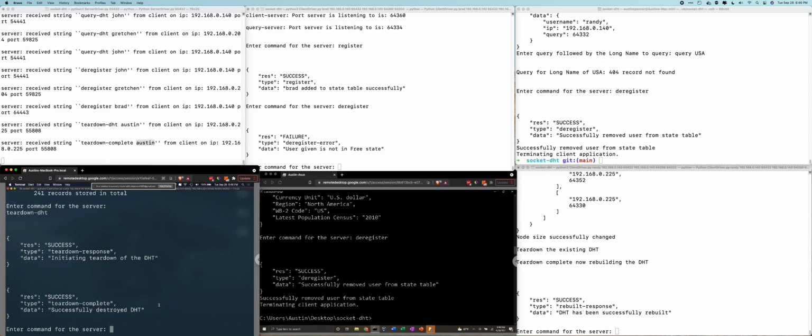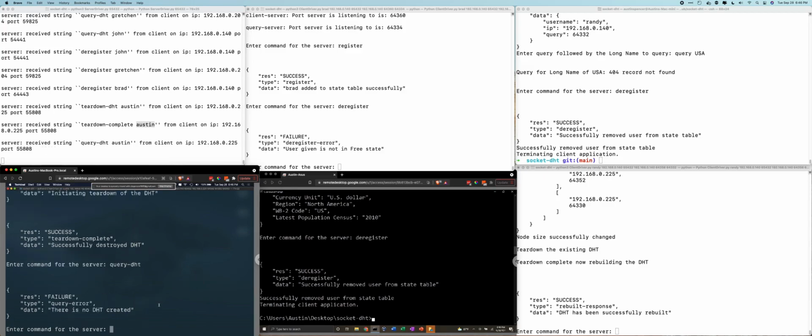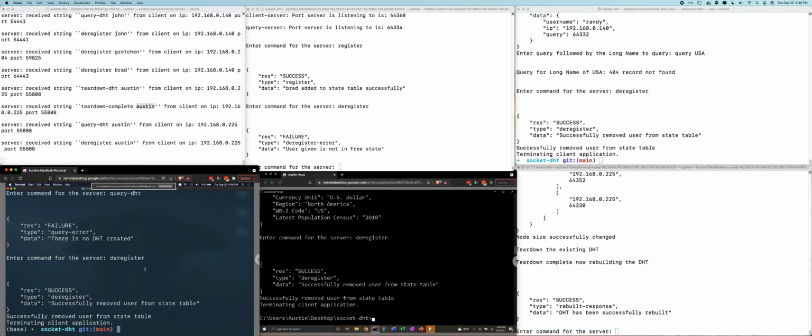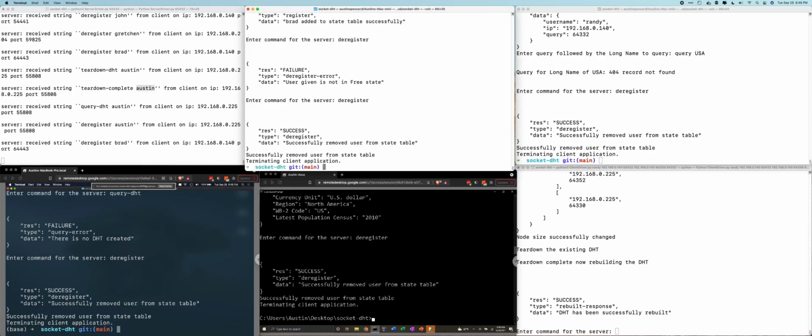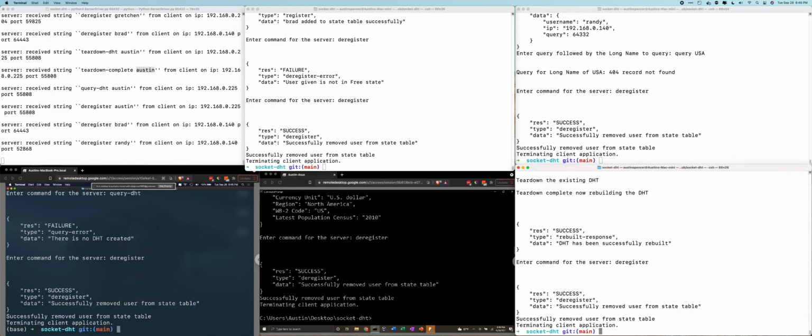So now if we try to query the DHT, we got a query error. There was no DHT created. But now also this means that these 3 users are free, so we can go ahead and deregister them. We get that success, success, success. And then we need to close the client explicitly